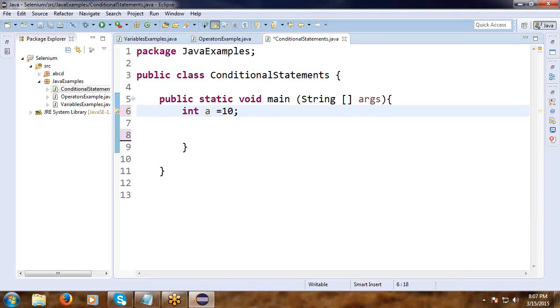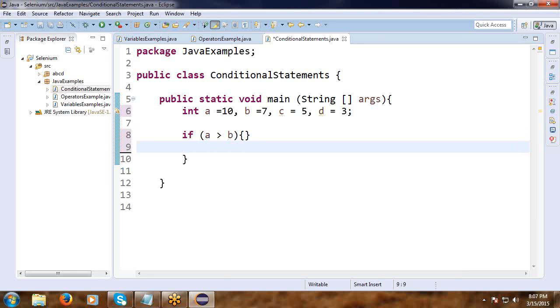A is 10, B is 7, C is 5, D is 3. If A greater than B, if A greater than C,